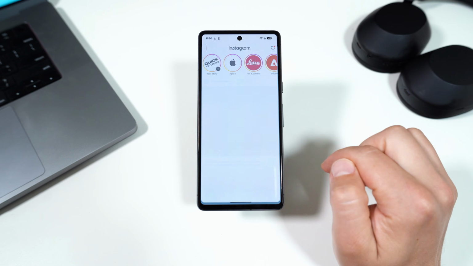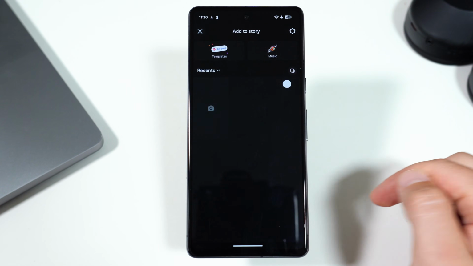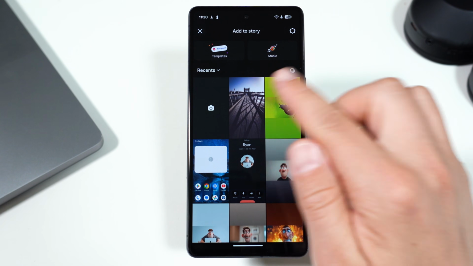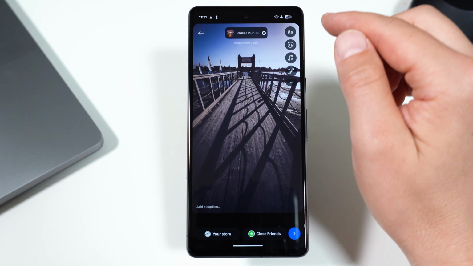All right, I'm going to show you how to post a link on your Instagram story. First, go into Instagram and tap to create a new story. I'll pick a photo here, and to insert a clickable link, we're going to first tap the little stickers menu,